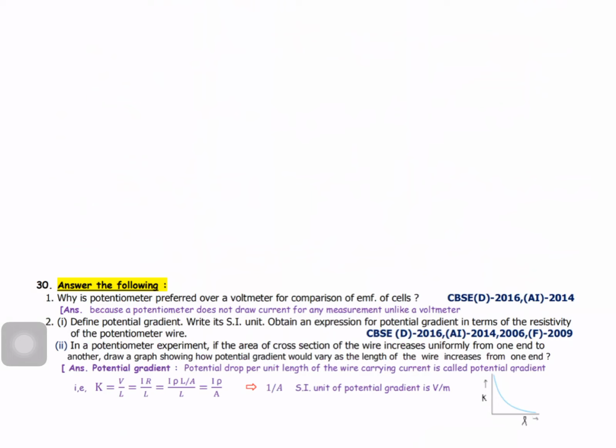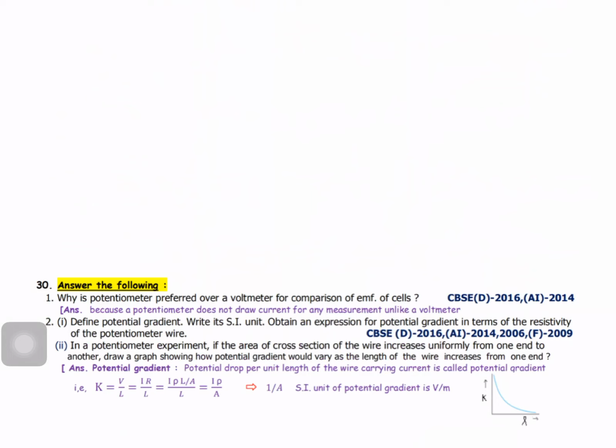Got it? So in your first question, define potential gradient. Potential gradient is nothing but the potential drop per unit length of the wire. Potential drop per unit length of the wire carrying current is called potential gradient. Okay, over. Next one, in the potentiometer, if the area of cross section of the wire increases uniformly,